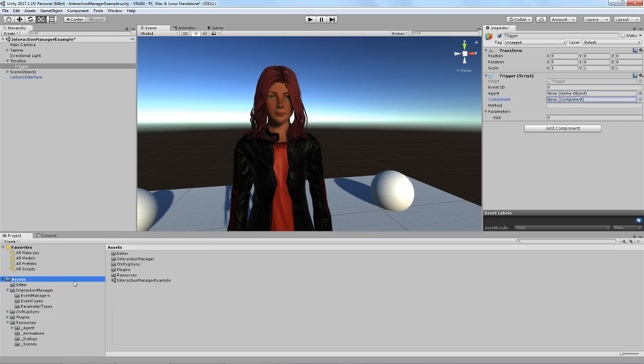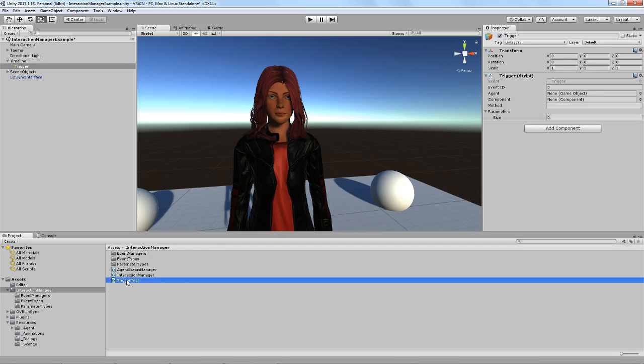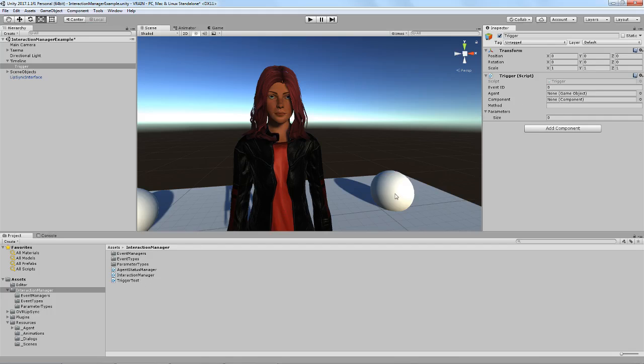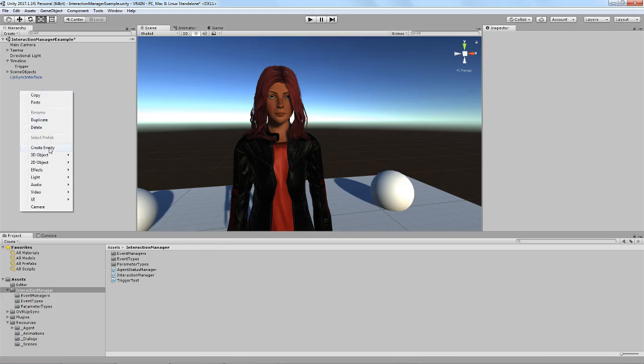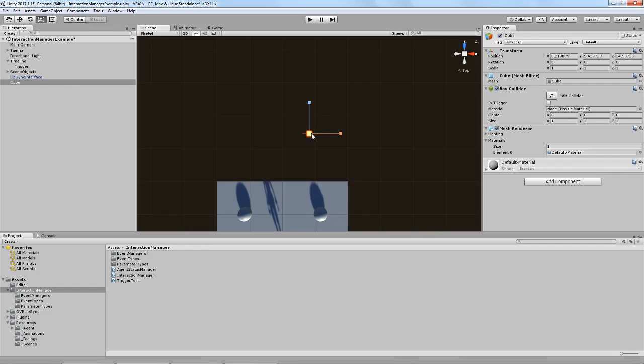And so for this scene, I'm going to go to a trigger test script that I have right here. Now you might be tempted to drag the script directly and edit. This is not going to work because the component has to be part of a game object. Now, linked below are a couple of tutorials on game objects and components and basic Unity use. But if you're already slightly familiar with this, I'm going to do a 3D object, a 3D cube. And really quickly in my scene, I'm just going to make it huge,